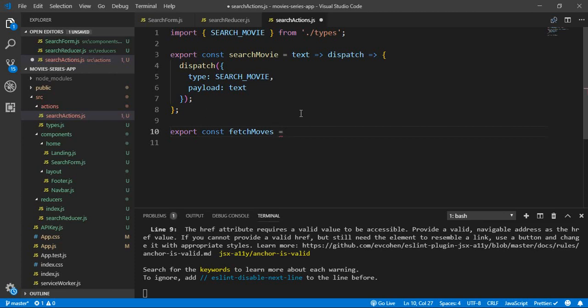This will take the text, which is the search text, and then it will call dispatch, and after that,